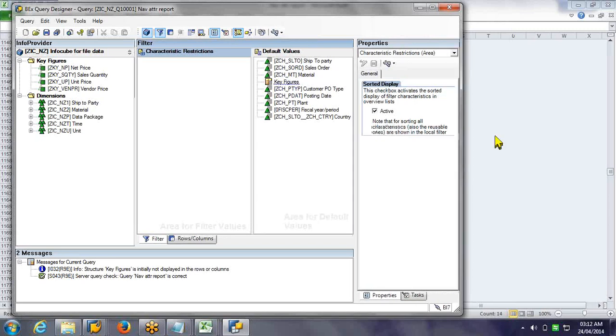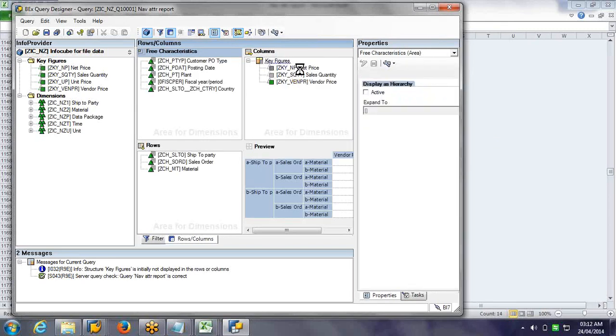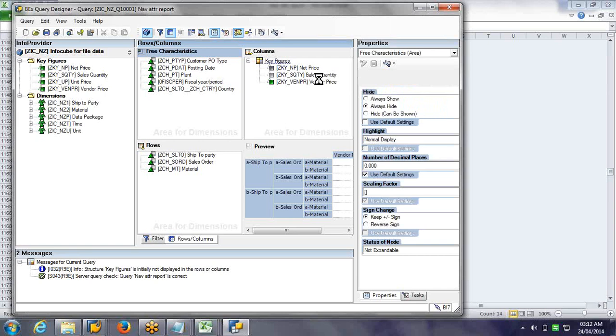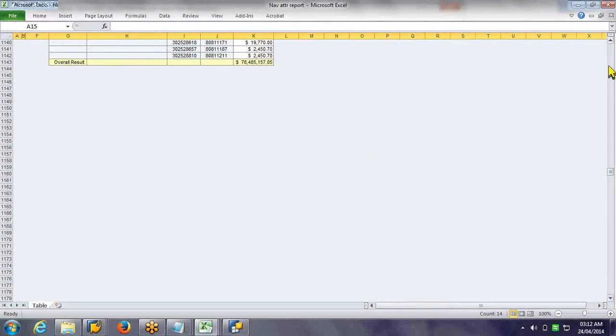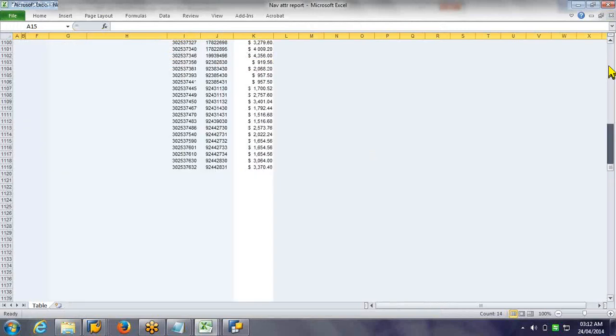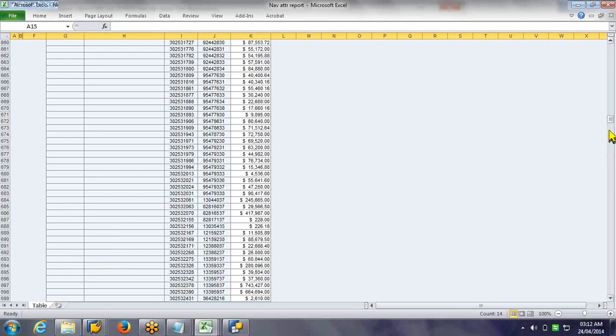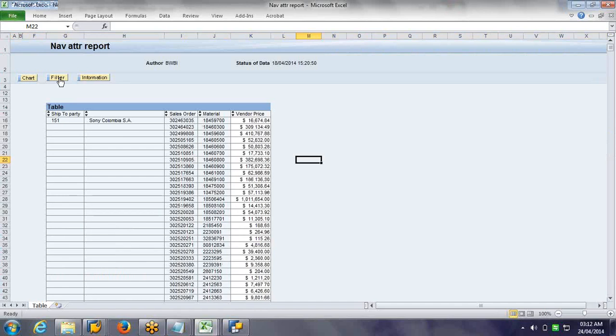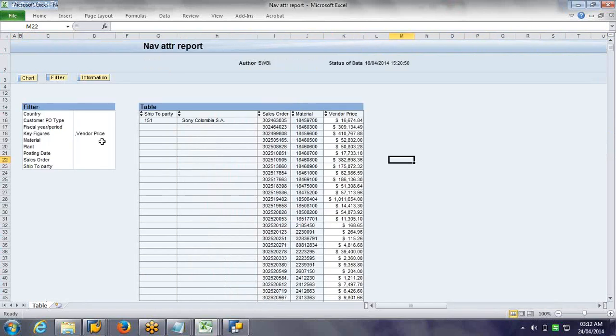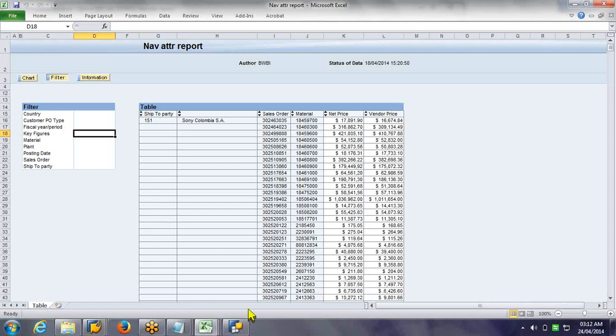Likewise, I have hidden a couple of key figures, right? For net price, I said always hide. For sales quantity, hide can be seen. You can check that as well. You are seeing only vendor price. Under filter, if you remove that restriction, it will show the other column, net price.